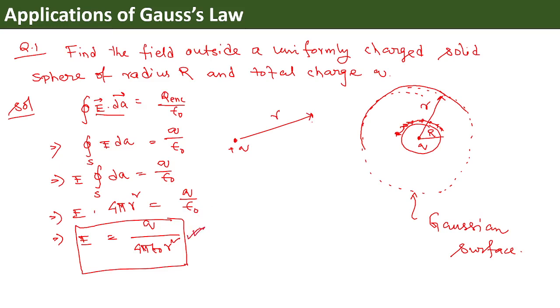That means it doesn't matter whether you have been given a uniformly charged sphere or a point charge; at any larger distance from that sphere or the point charge, the electric field happens to be the same for both cases. All right, so if you wish to write it in vector form, you will write it as E vector equals Q upon 4 pi epsilon naught r square r cap, meaning it goes along the radius vector. All right, so this is how you should solve this particular problem. This is the first application, the very easiest application of Gauss's law, which involves a spherical symmetry.